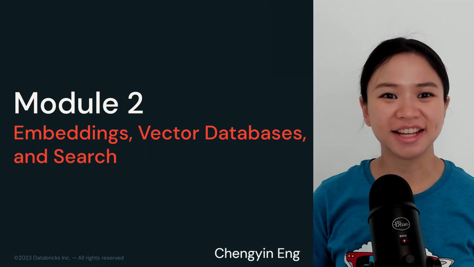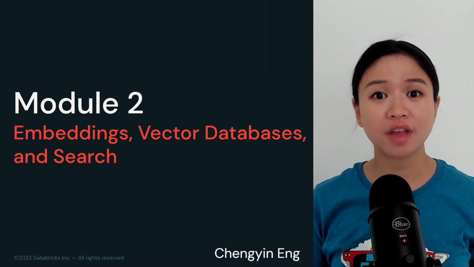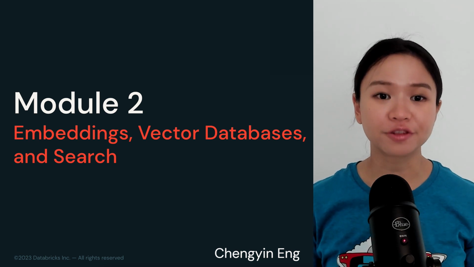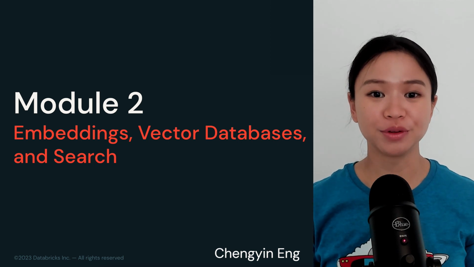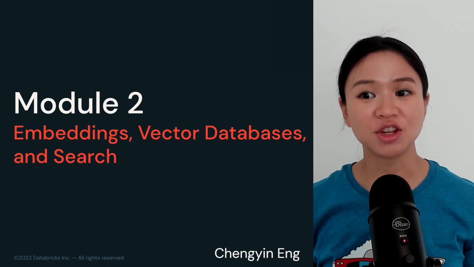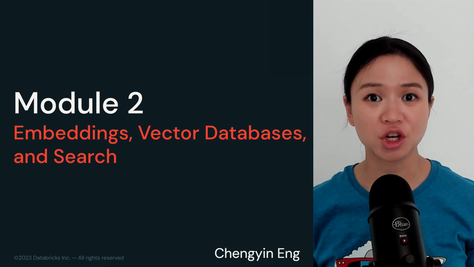You just heard from Matei that large language models are reasoning engines, and the goal for these LLMs is to process the information and then return that to users as meaningful outputs. So let's look at now how we can use embeddings, vector databases, and search to help us build question answering